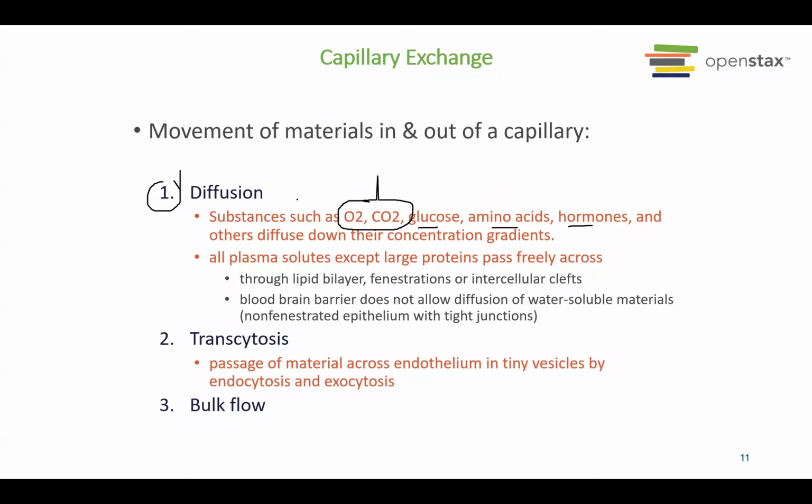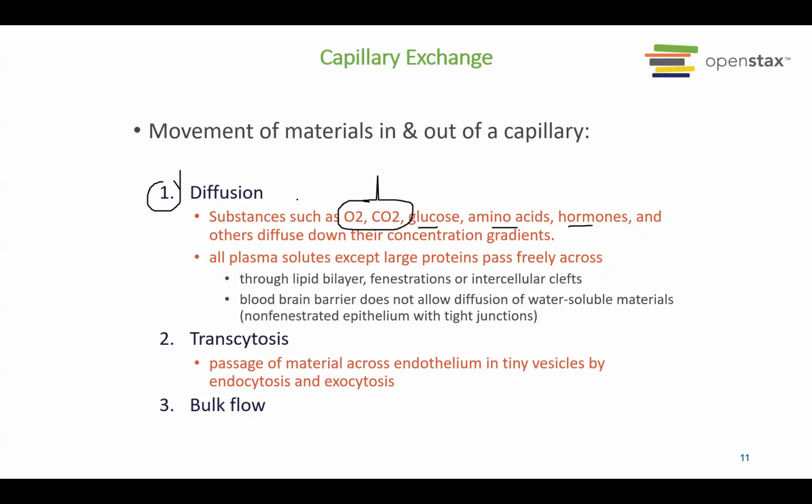But remember, when we talk about diffusion, there are two types of diffusion: simple diffusion and facilitated diffusion. So you should remember this from the previous class. When we talk about cell transport across membrane, there is diffusion that consists of actually three types: simple diffusion, facilitated diffusion, and osmosis.